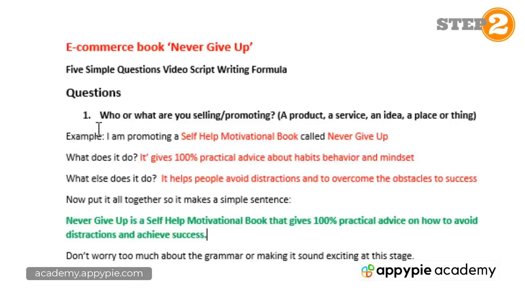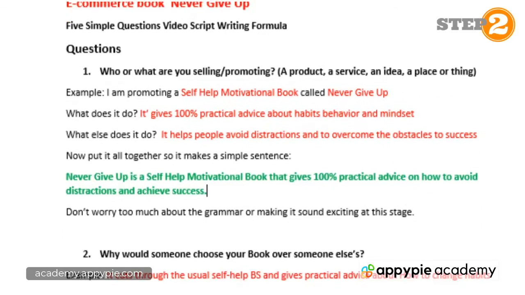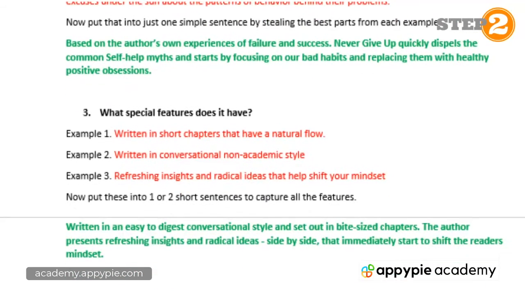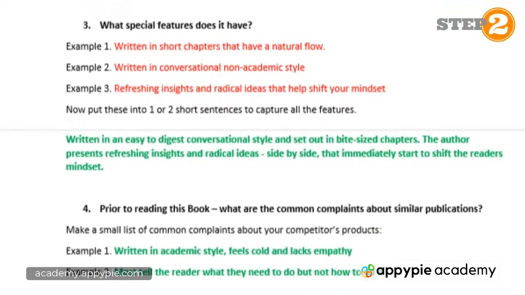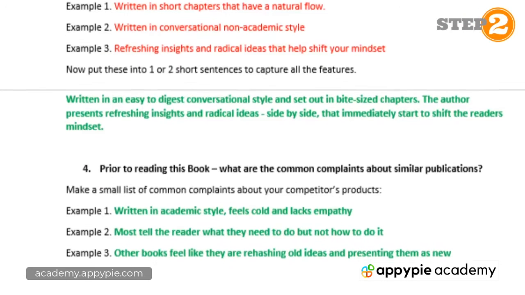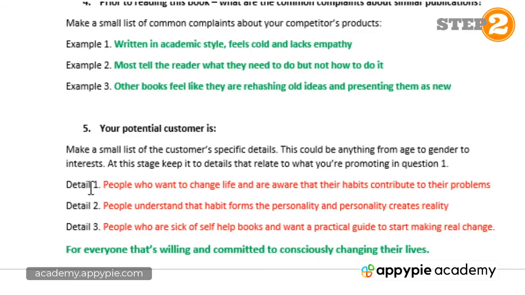So we've got question 1, and then it just runs down in order. Question 2, and as you can see, the answers have been filled in here, and then the final combined answer of all of these answers has been put in green. And section 3, which was all about the features, section 4, and then we're into section 5. So that's everything that we've already done in step 1, and now we're going to jump into the actual script